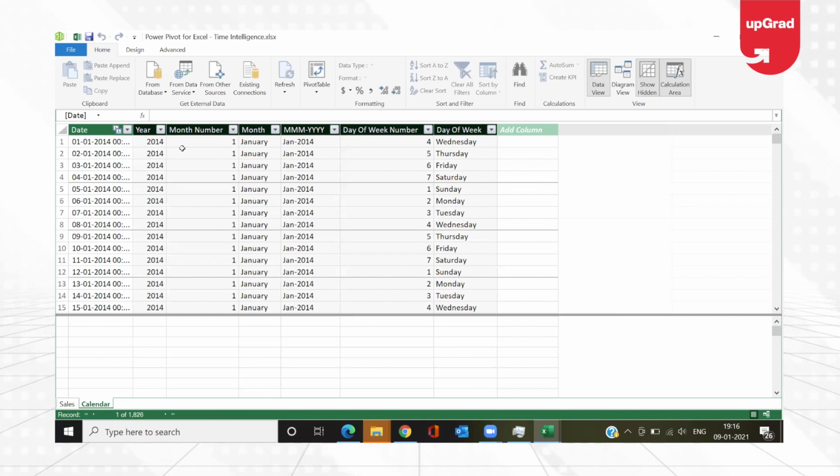And I can also give which year I am talking about, whether it is 2017, 2018, or a particular year, or I can also say a month. That will give me a year to date or a month to date, and whatever information I give inside the DAX function will be automatically picked up by our time intelligence if we have this information already available.